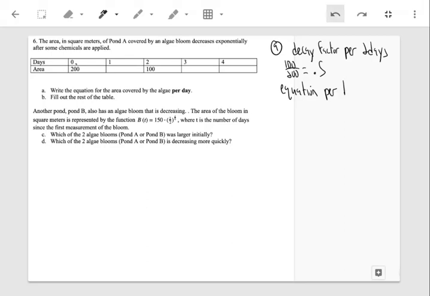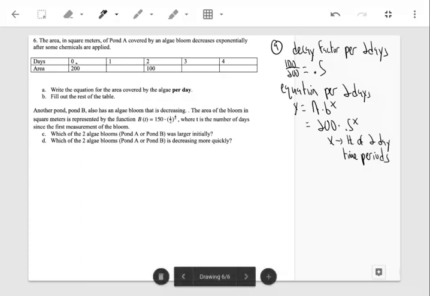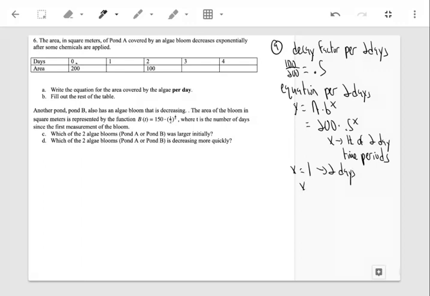per 2 days is going to be, if I plug into the formula, right, my initial value was 200. My decay factor is a half. But remember, X is the number of 2-day time periods. Okay, so just like we've done before, if I plug in X equals 1, that means 2 days. X equals 2